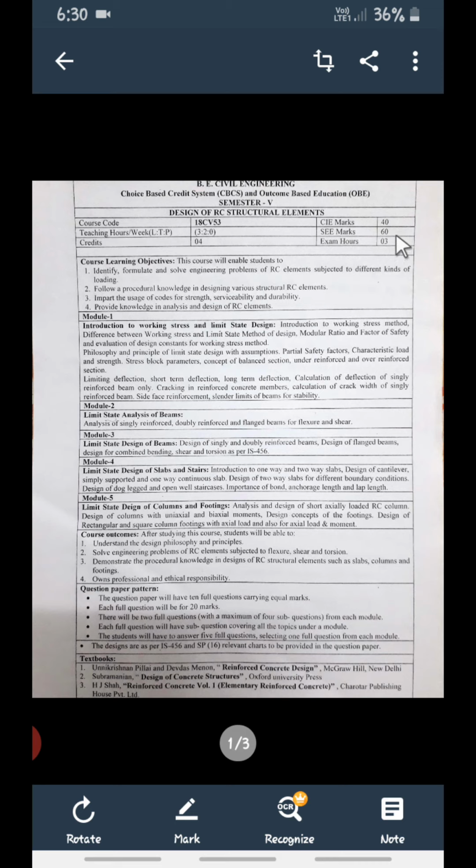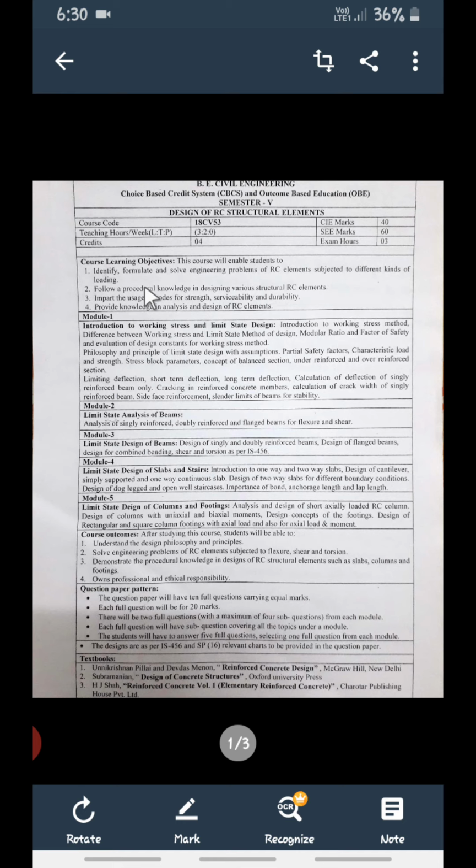So you will be writing a 100 marks paper, then that will be converted into 60. So 60 marks is your external examination, then 40 marks will be the internal examination marks, then total marks will be 100. Then exam duration as usual is a 3 hour paper. Now, after studying this course, which is a subject,